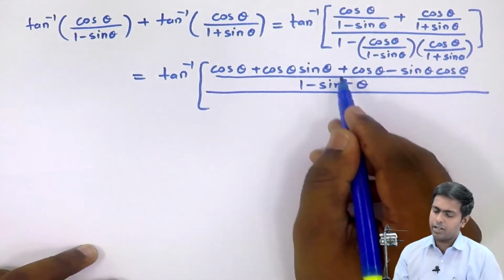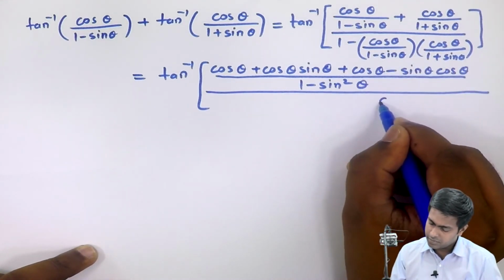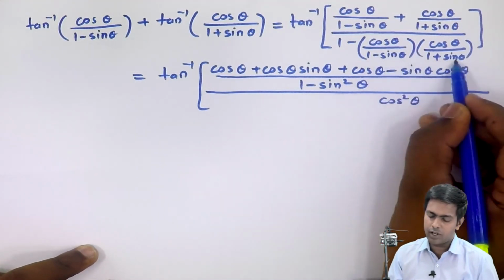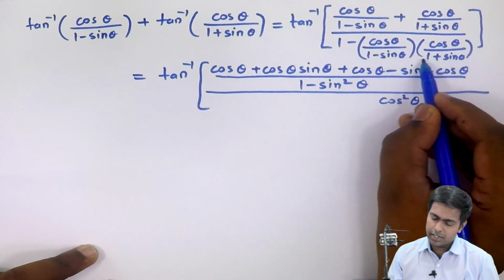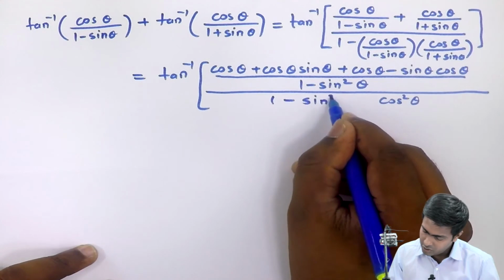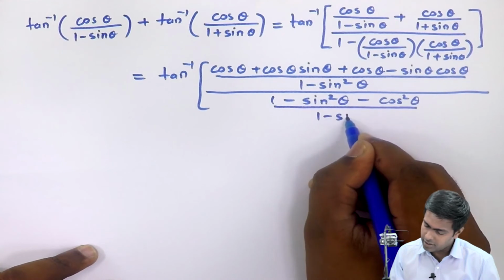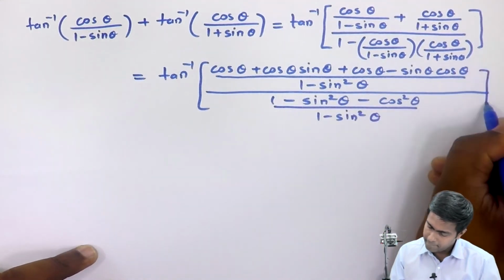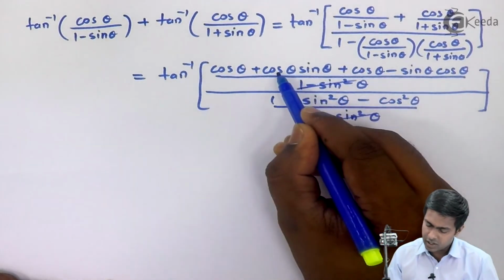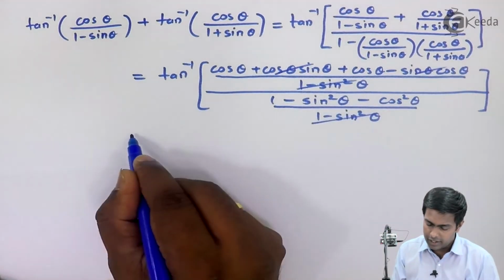Similarly, in the denominator we will get cos square theta, that is cos theta into cos theta. This is 1 minus sin square theta, which will multiply this 1, and that will become 1 minus sin square theta, this minus as it is, and in the denominator we will get 1 minus sin square theta. Now by cancelling the denominator and by cancelling this term, that is plus sin theta cos theta minus sin theta cos theta, we will get